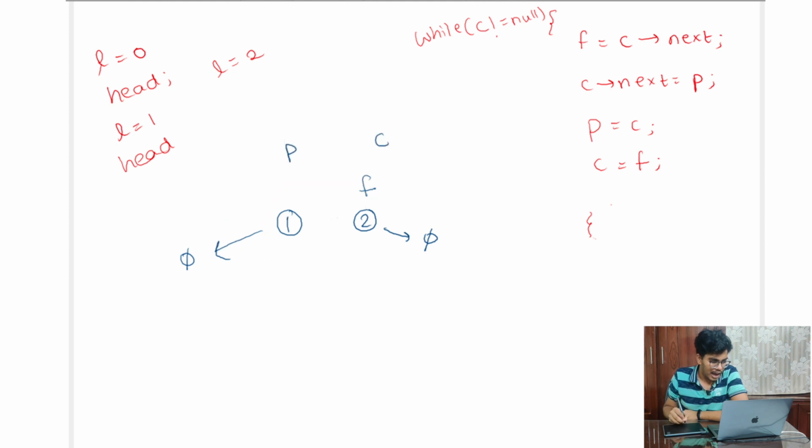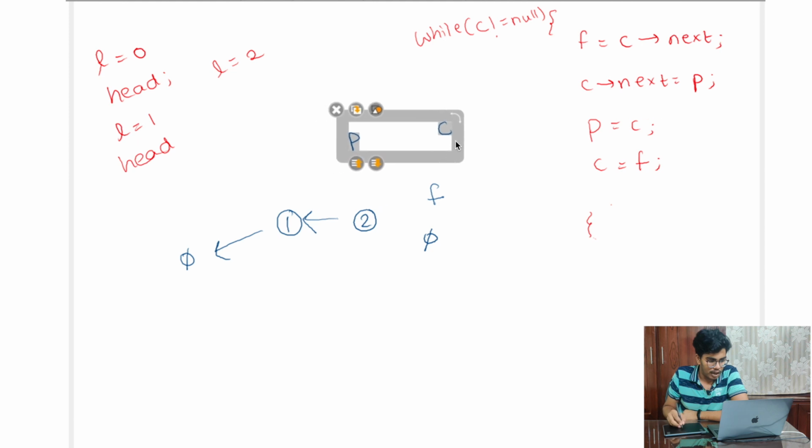This will move here, and in the next upcoming loop, forward will move to null pointer, and again current.next equal to this, so it will point to this, and obviously I lose the link between 2 and null pointer, and again previous and current will move one step at a time. So current will be pointing to null, and the loop ends, and you'll return p as a new head. The new linked list is 2, 1 and null.